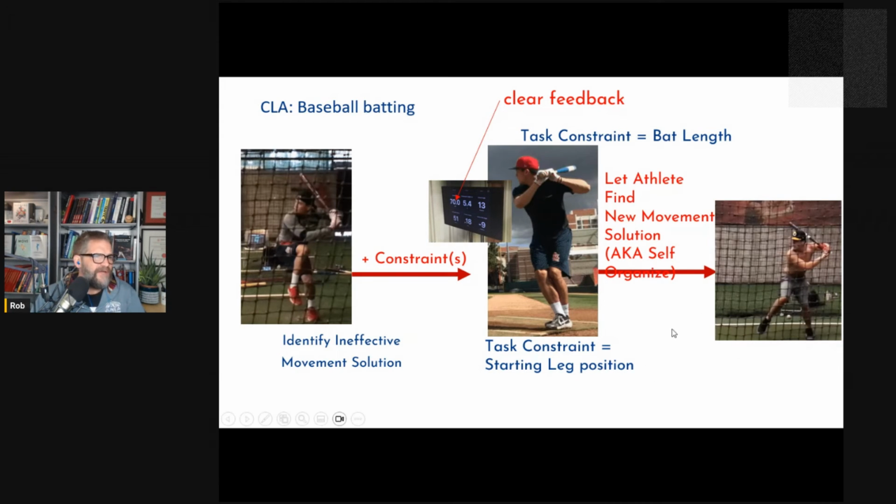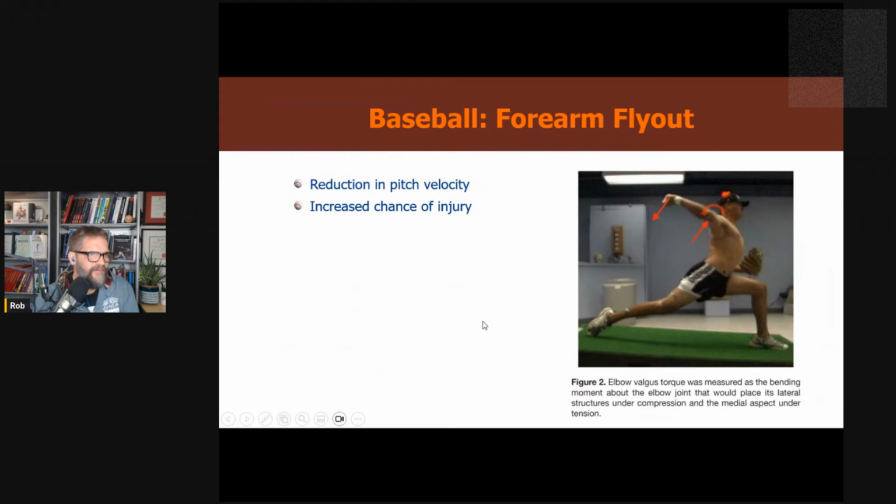Okay. So that's one example. So again, we're giving the athlete a new problem, trying to pull the ball with a long bat or trying to hit out of this weird position, which causes them to find a new solution for swinging, right? That's the basic idea of the constraint set approach. Here's another one in pitching, right? I could show you specific examples of one we work on, but I'll just talk about a general example,